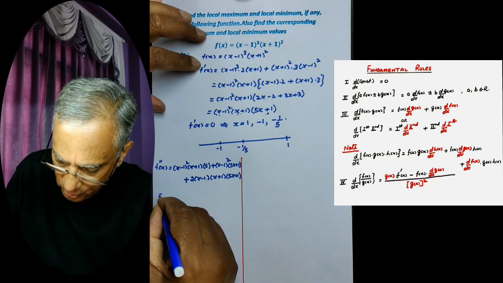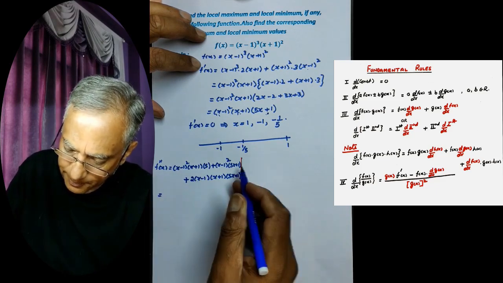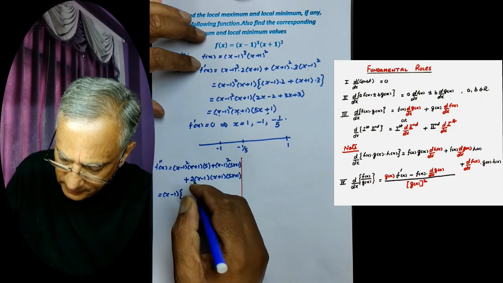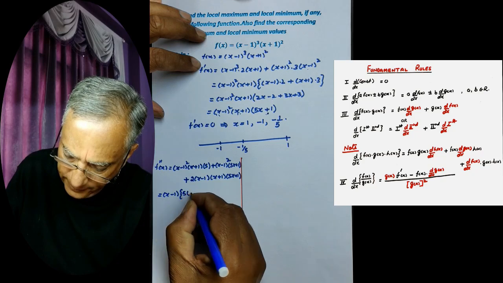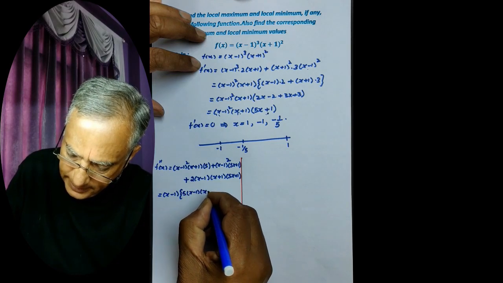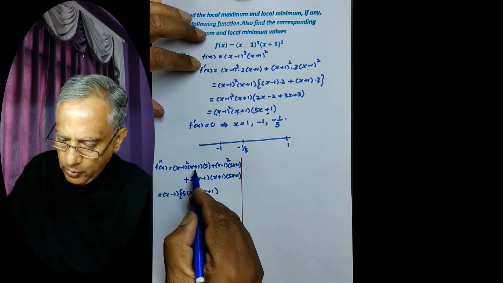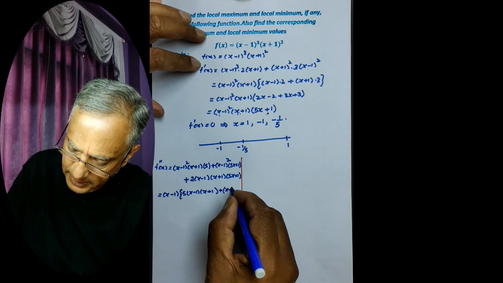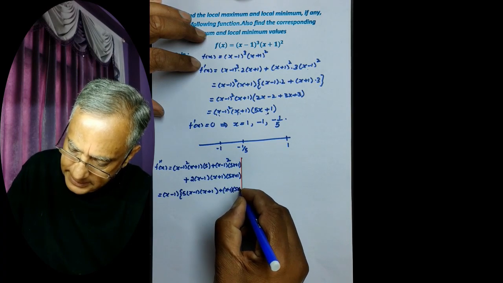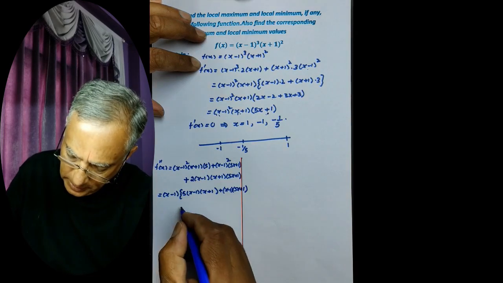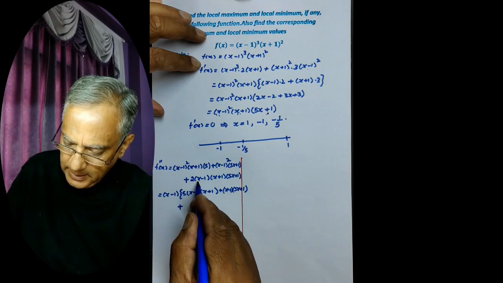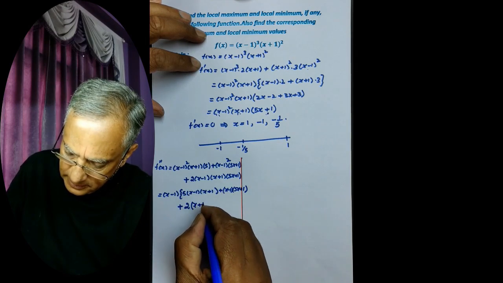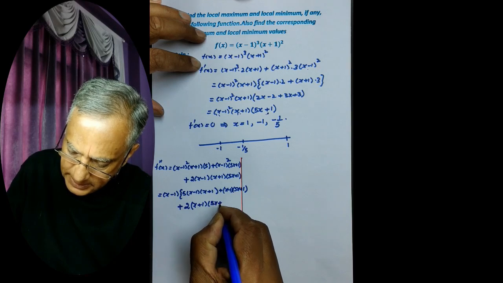So this is equal to, now simplify these. x minus 1 is common and we are left with 5 into (x minus 1) into (x plus 1), plus x minus 1 is common so we are left with (x minus 1) into (5x plus 1), plus x minus 1 is common, so we get 2 into (x plus 1) into (5x plus 1)